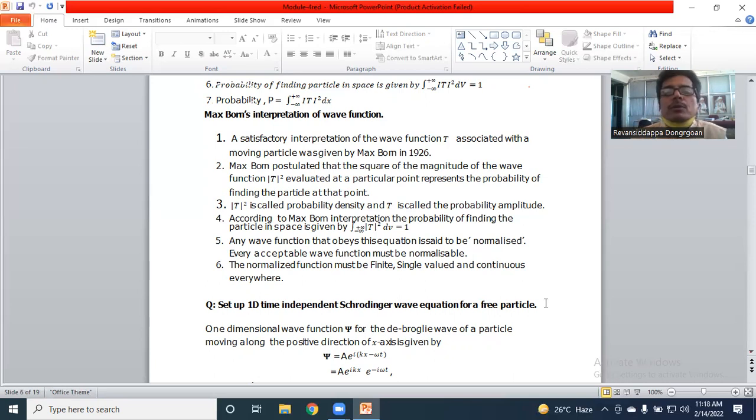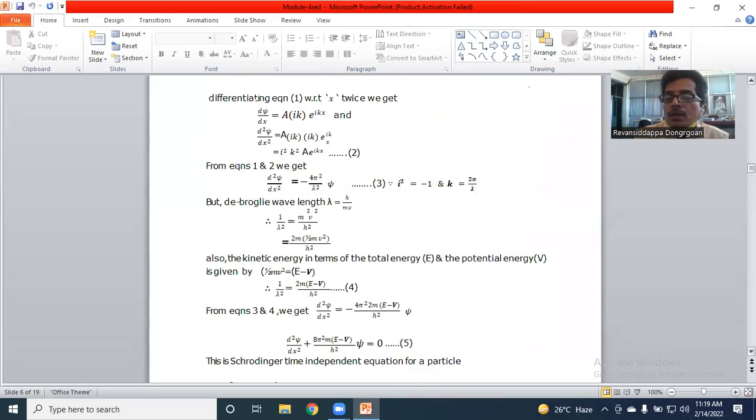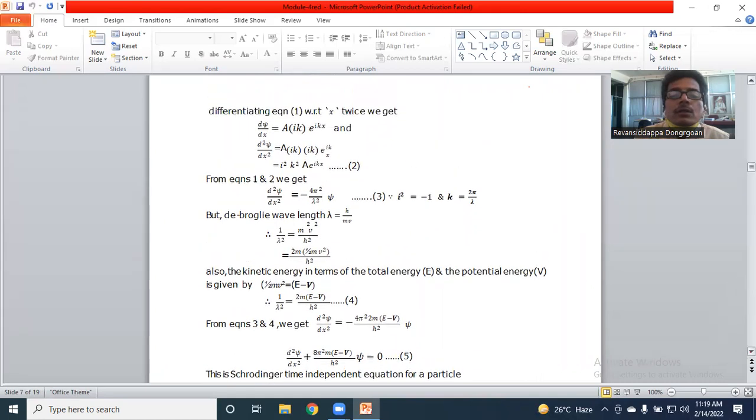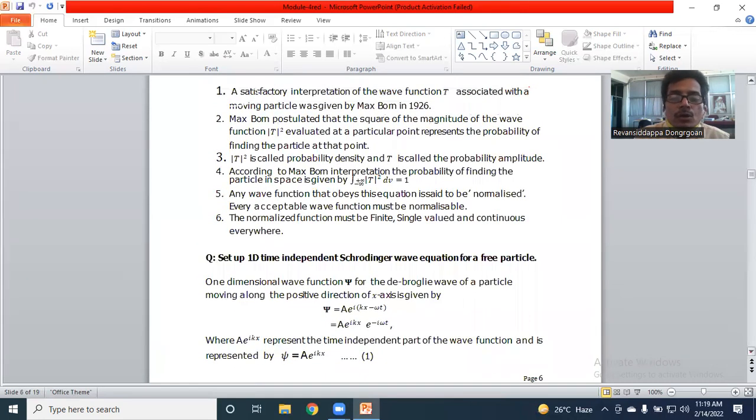Okay, now we will come to the next one. Now we will discuss the Schrodinger wave equation. What do you understand by Schrodinger wave equation? For example, see, you know that